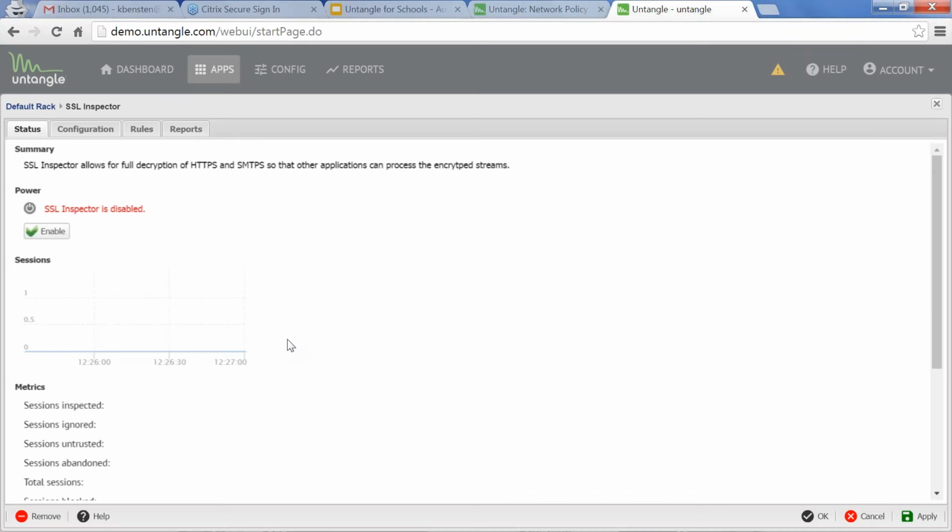So let's say if you're not familiar with that, then you have Facebook blocked with your web filter. It reroutes to https.facebook.com. Your student's getting around your filter. That's huge. That's basically you're spending money to do something and it's not doing it for you, because your kids can proxy around it. They can get around your filter. What's the point? So SSL Inspector is certificate based. It does take a little bit of work to get it set up, but once it's set up, you will see a huge benefit of having it installed.